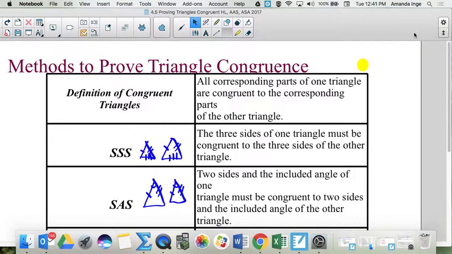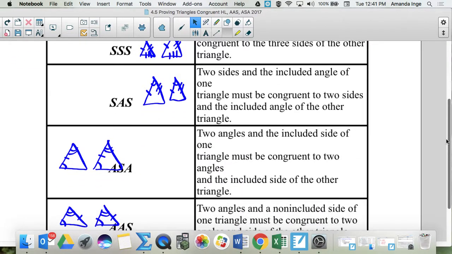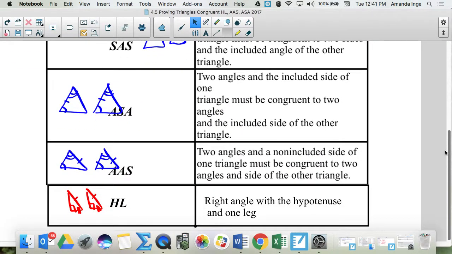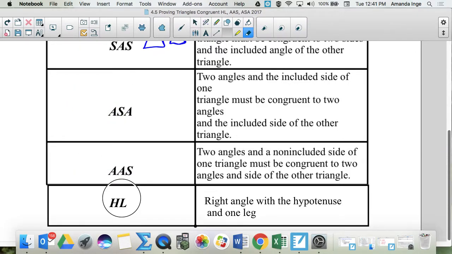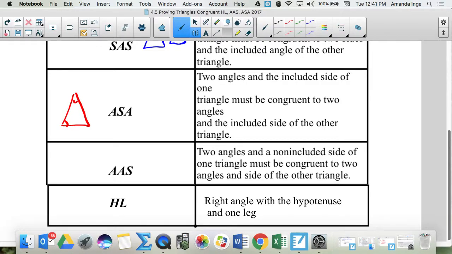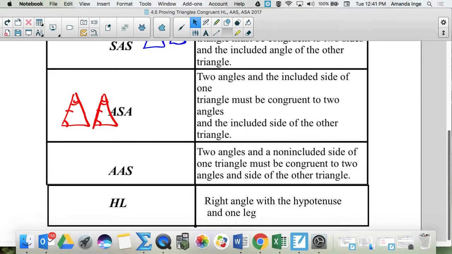So today we're going over 3 more. The first one is angle, side, angle, in which case you have 2 angles and an included side. So you have to have 2 angles and the side has to be between those 2 angles. So that's the next one. So 2 angles and an included side of one triangle must be congruent to 2 angles and an included side